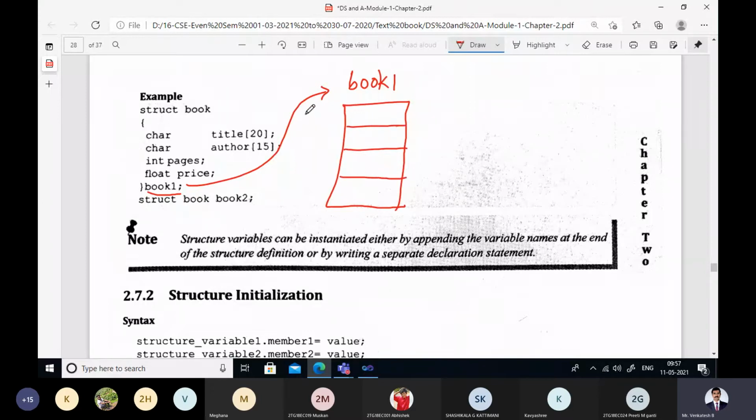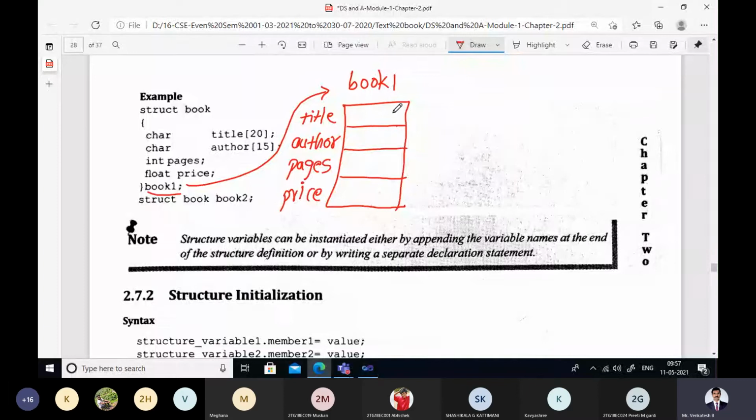What are the members here? Title is a member. Author is a member. Pages is a member, which is of type integer. Next one is price. That means one independent structure variable will get created.